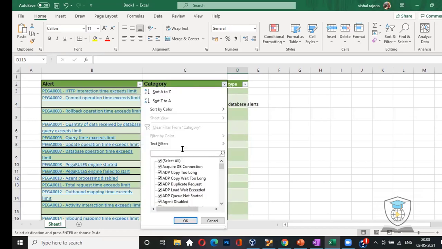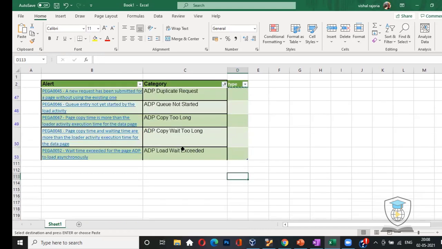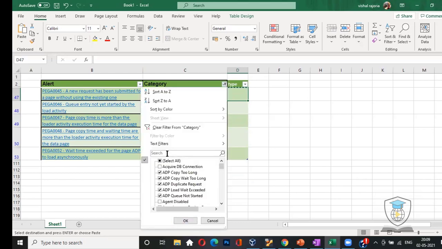For example, this is ADP. ADP is asynchronous data pages, so these are related to data pages, right? So I will mark it as data pages, related to asynchronous data pages.